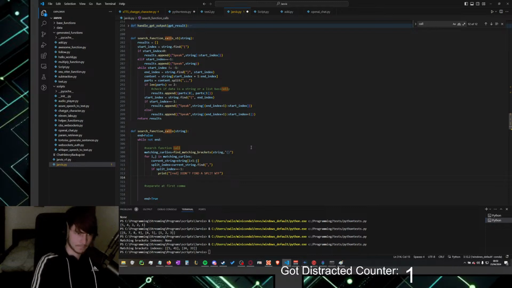Otherwise, current function is equal to i, which is the start index, or rather i plus 1, which is the start index, to the split index. Okay, and then we have to look at the data.